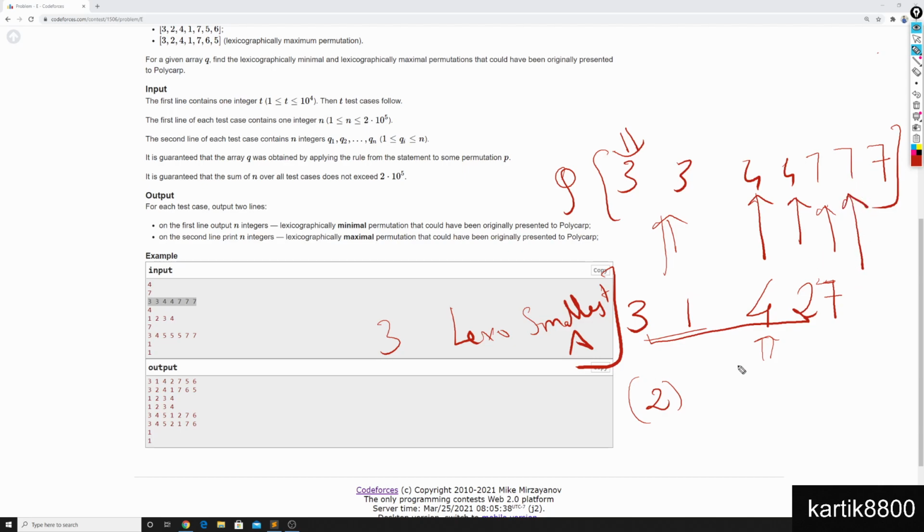At this position, I can put in anything that is less than 7, because 7 I've already used. Prefix max is 7, so nothing greater than 7 can come. So I can put at this position any number that is less than 7 and I have not used yet. So what numbers are they? I've used 1, 3, 2 and 4. I have not used 5 and 6. Which one should I put at this position? Since I'm trying to build the lexicographically smallest array A, I will put in a 5 at this position.